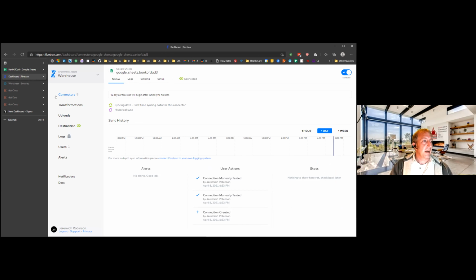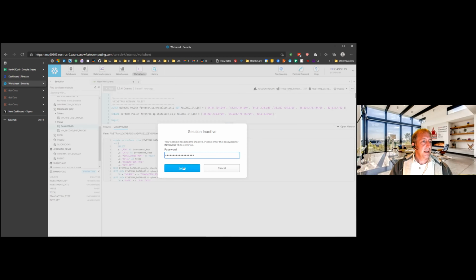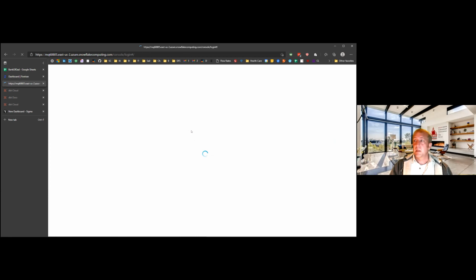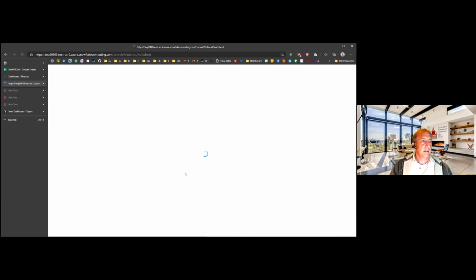I didn't show you how I connected my destination to that. It's really easy. The explanation is very simple. You do have to go through in Snowflake and define some security parameters and give FiveTran access to it, which is pretty easy to do. Sorry, I'm gonna have to log into all my database stuff just because I didn't look at this since yesterday.